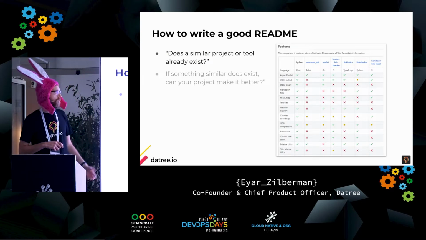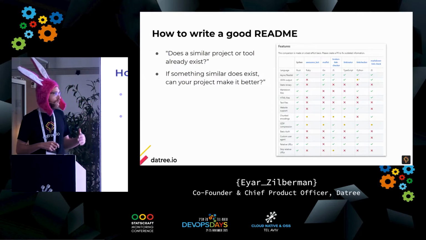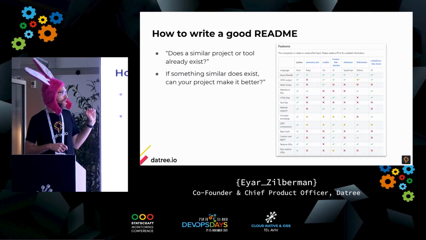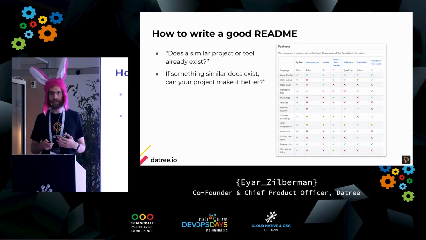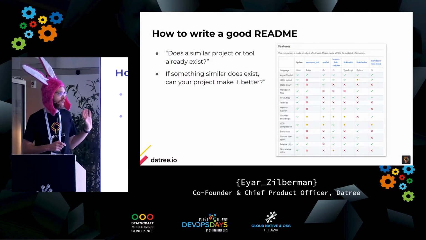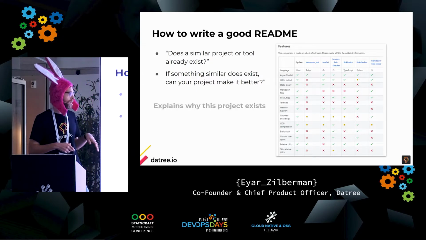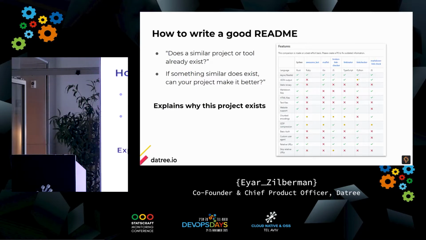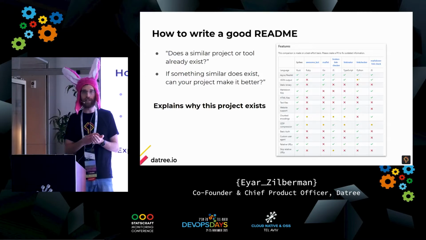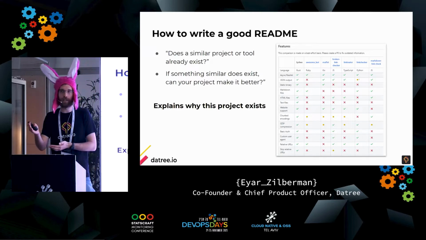The next thing. You want to make sure that if there's a similar project that already exists, it's fine, because maybe you can do it better. I think this is a really nice way that they decided to show there are other projects doing the same thing that we are doing, but this is why we are better. Those are features, and those are so-called open source competitors, and it's a table listing what all the other projects are doing, and which features are supported in those other projects and which are not.